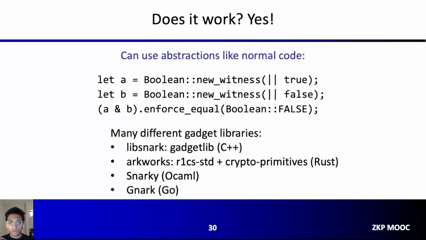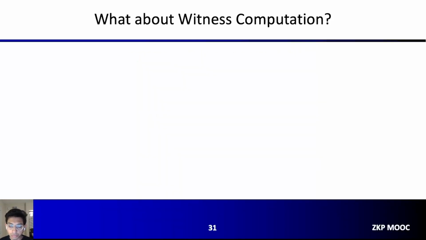Okay, so there's many different gadget libraries. Not all of them use this approach to the full extent. They don't all try to use the language abstractions, but many of them do, right? Okay, so that's nice from the abstraction perspective, but what about the expressiveness of the language in terms of enabling